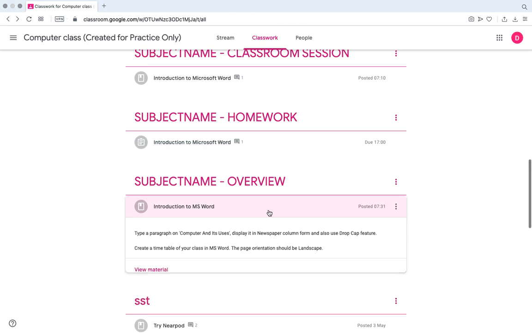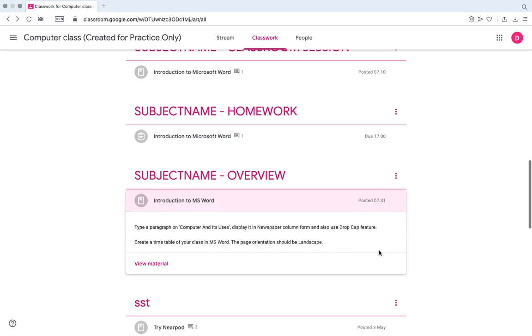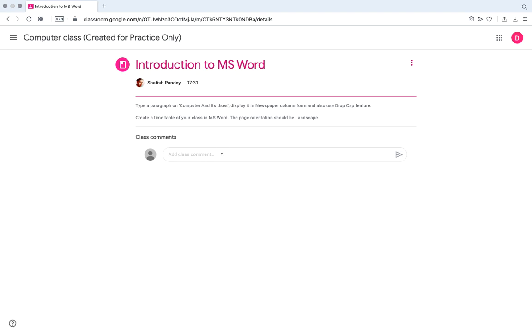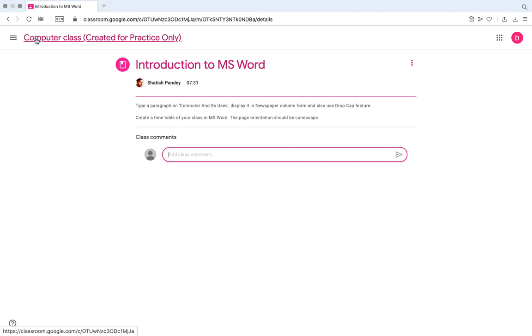You can see the details from here. As you can see, there is no content here, meaning there is no associated file or material. You have the instructions here, read the instructions. If you have any query or any confusion about this, click on view material and you can add the class comments here. After you have done your work, you can go back to the home screen